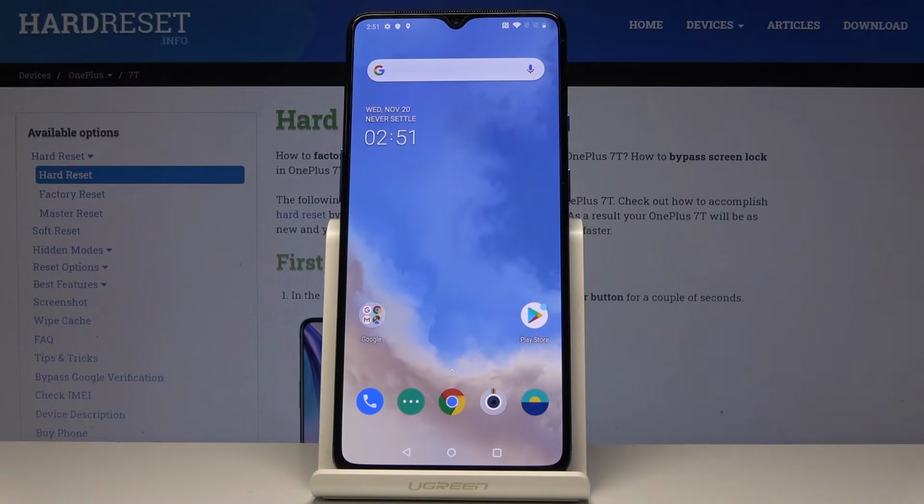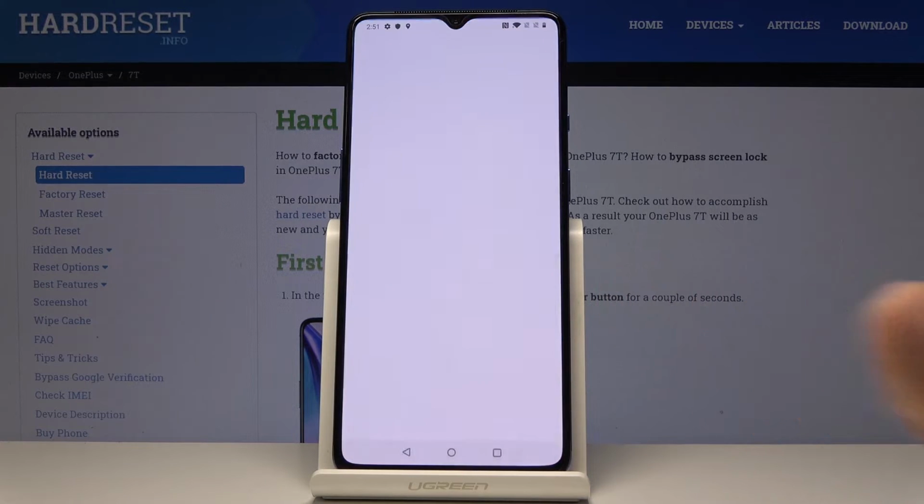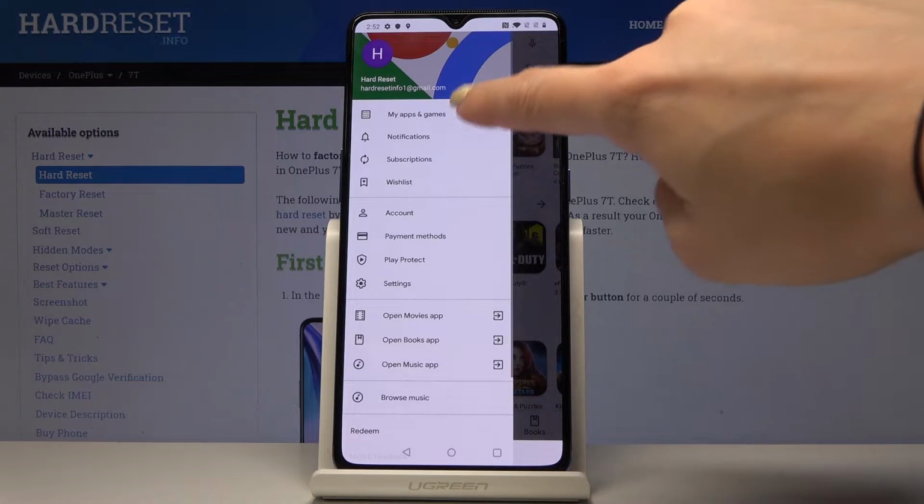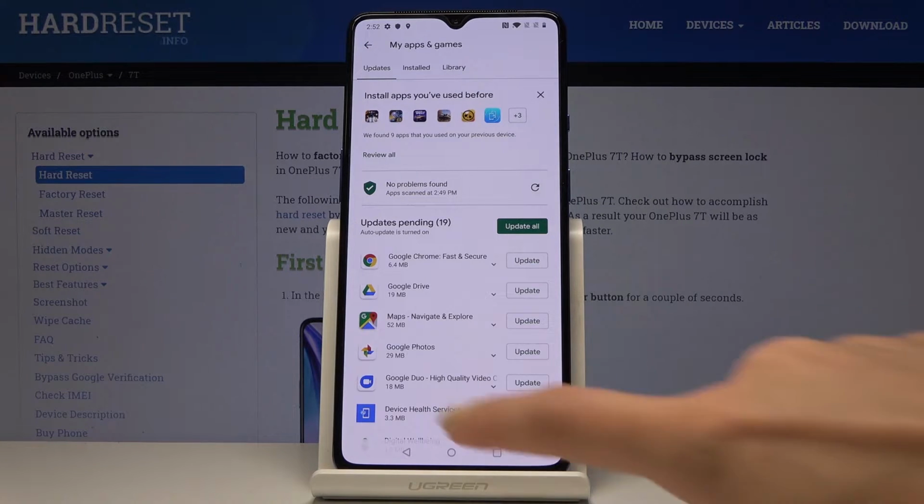Here I've got OnePlus 7T, and let me show you how to update applications on the following device. So at first, let's open your Play Store. Then slide right to open more functions, go to My Apps and Games, and here you've got all applications that